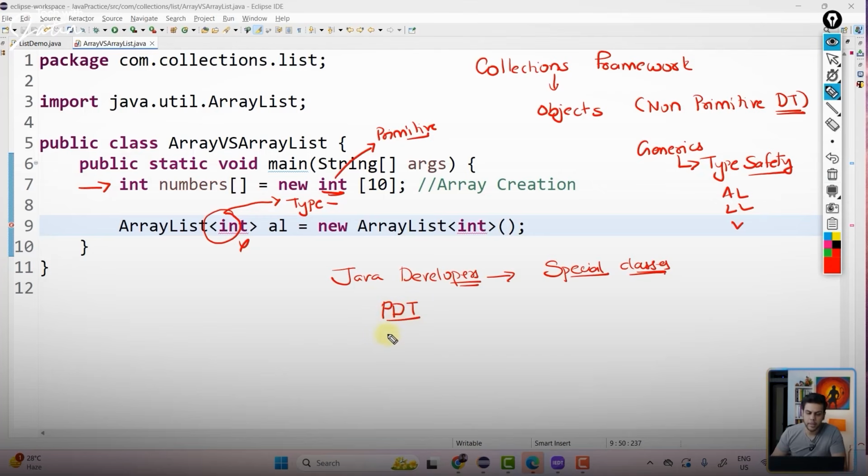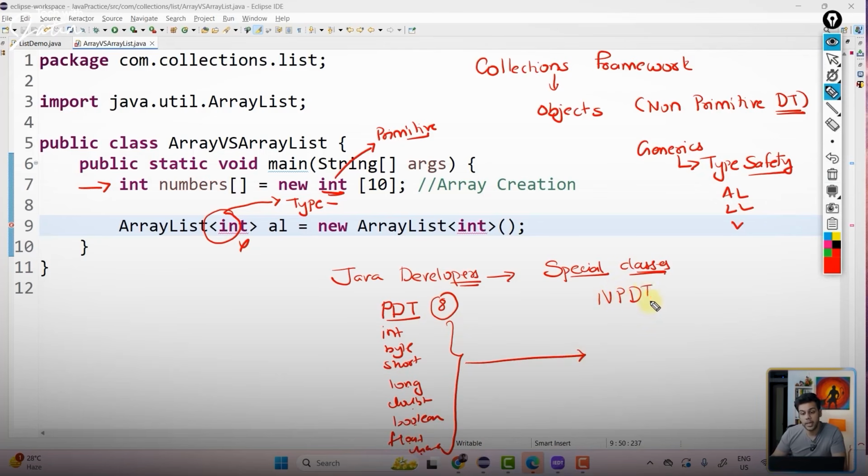So all your primitive data types, integer, byte, short, long, double, boolean, float, character, 1, 2, 3, 4, 5, 6, 7, 8, all these 8 primitive data types have their respective non-primitive data type, that is, classes.